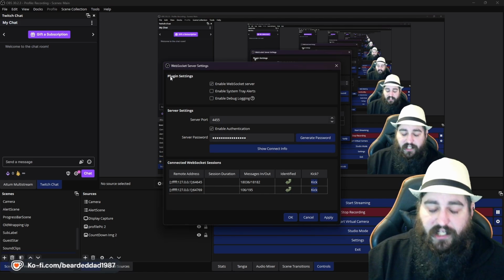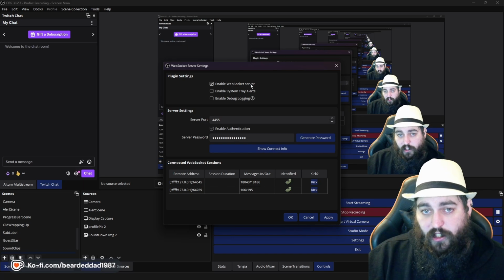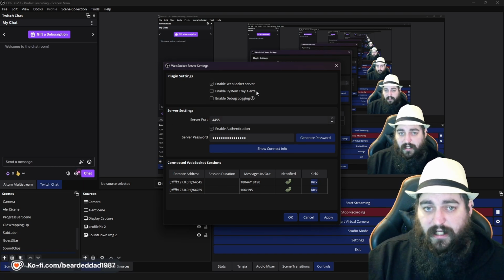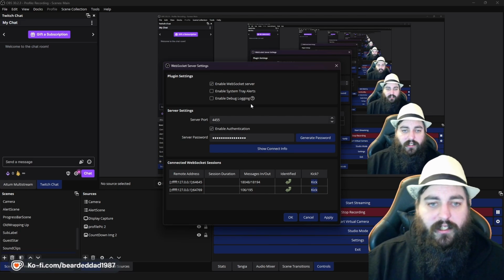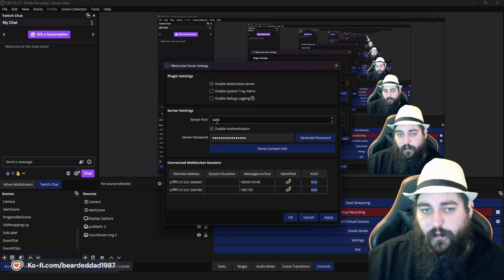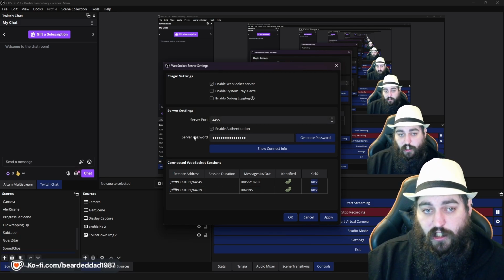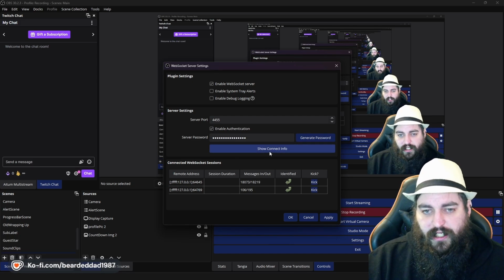So if this is your first time using StreamerBot, you may need to make sure the WebSocket server is enabled. There's also system tray alerts and debug logging if you want, but that's personal choice. This is where you would set your server port if you want it to be different. For myself, I've just put it at the default. And then you need to get your password here. So if you press the Show Connect Info button,